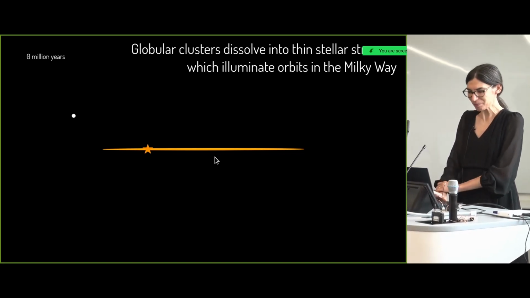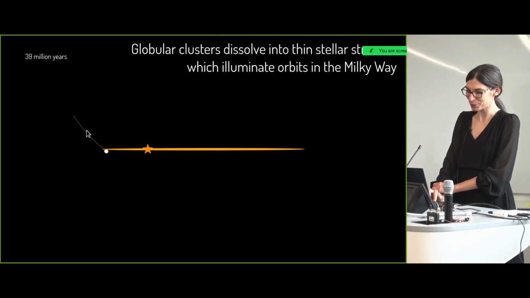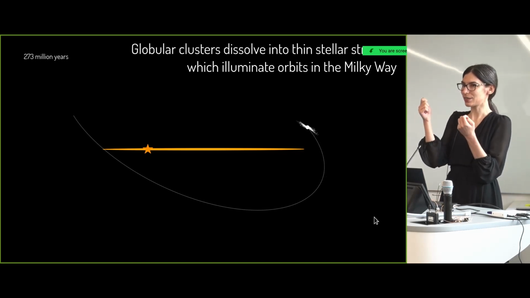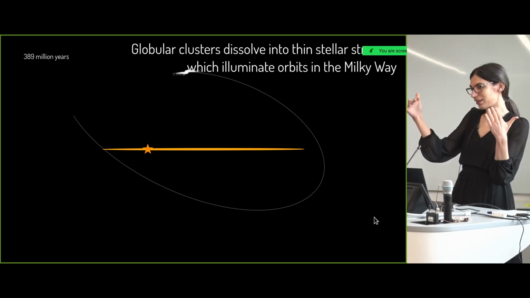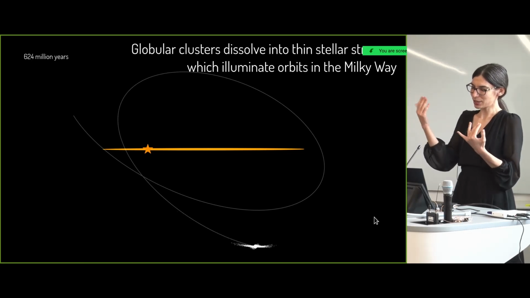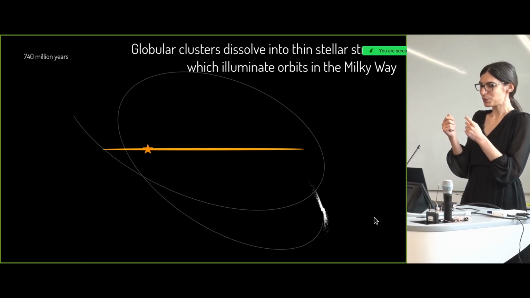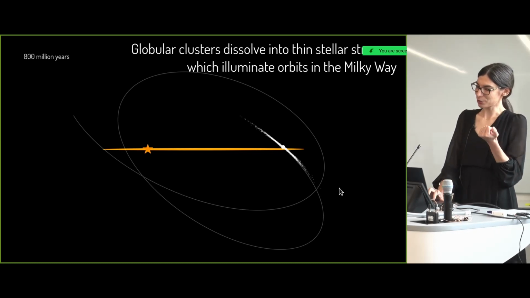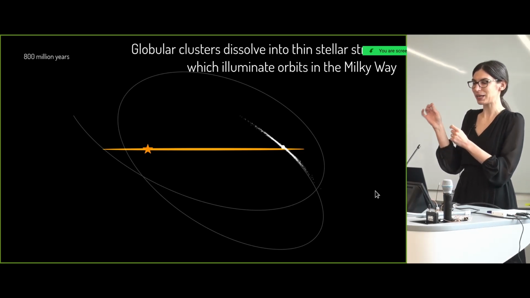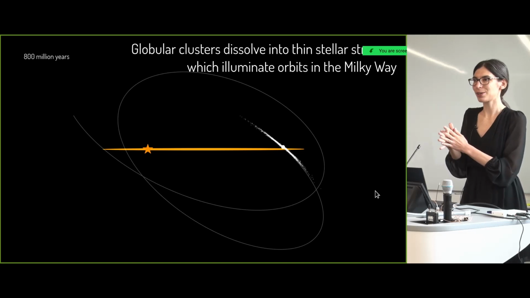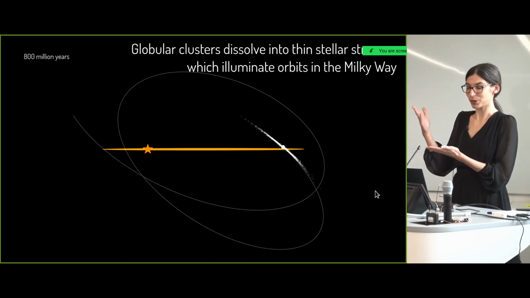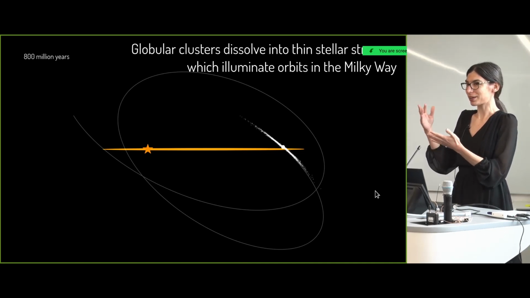So I show here an illustration of a globular cluster orbiting the Milky Way, and due to 2 body interactions within the cluster, ejecting stars, or basically evaporating stars, that follow a very similar orbit to that of the cluster itself. And as stars leave the cluster, they just barely make it out, which means that the resulting stellar stream or tidal tails that form are very thin and kinematically cold. And this is the property that makes these tidally dissolving globular clusters really useful for tracing the gravitational potential and how bumpy it is.